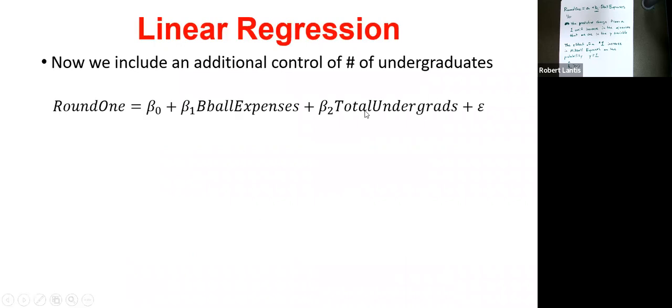So just one of them I had thought about to make this point would be, let's throw in the number of undergraduates, right? So somehow we're controlling for the size of the university, but that's what that total undergraduate would be kind of a good measure of. So now the interpretation of my slope coefficient is the effect of one additional dollar spent on the predicted change in the probability I make it into that first round of the tournament, holding constant the total number of undergraduates. Well, that's a little more powerful statement, right? Two universities with the same number of undergraduates, but one of them spends an additional dollar on their basketball program. What's the change in the probability they make the tournament? So